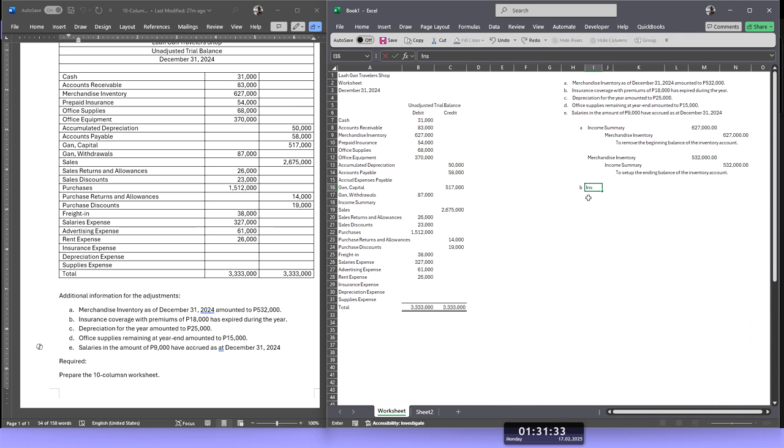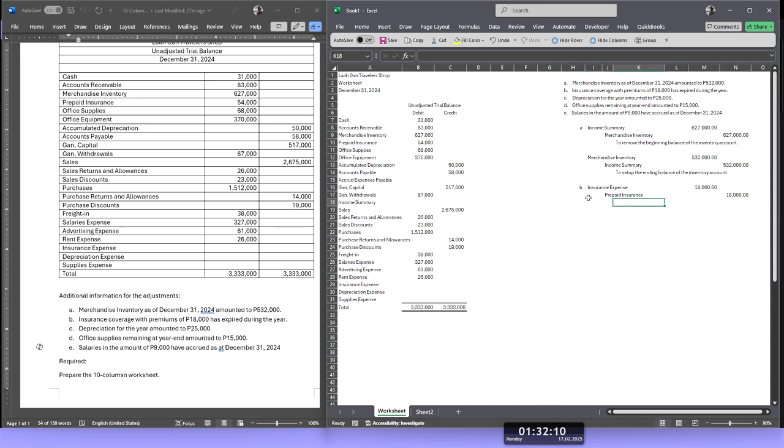So the entry is debit insurance expense 18,000 to recognize the expired or expense portion, and then reduce the recorded prepaid insurance account in the unadjusted trial balance by crediting prepaid insurance 18,000,